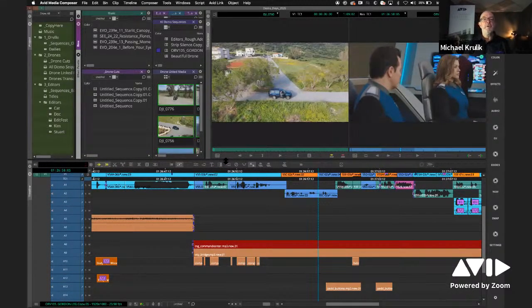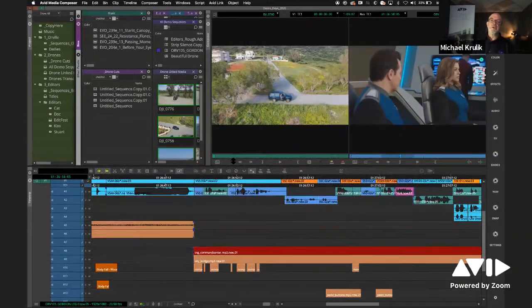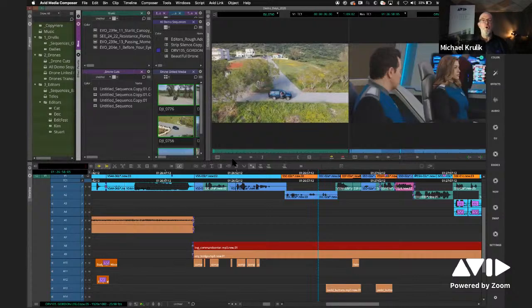Now, a couple other things. I want to show you some really cool features that we have that nobody else has, which is Phrase Find and ScriptSync. I may not have enough time, but I'm gonna try. So Phrase Find, which by the way comes with Media Composer Ultimate. Media Composer Ultimate for students is only $10 US a month. So for $10 US a month, you could have Phrase Find,